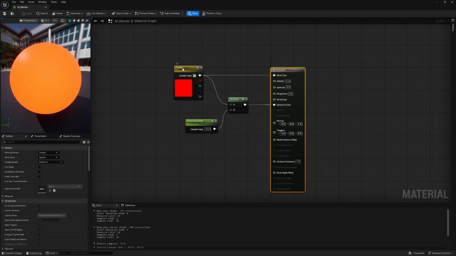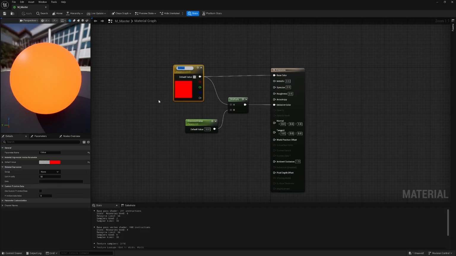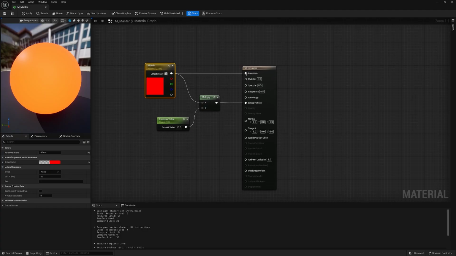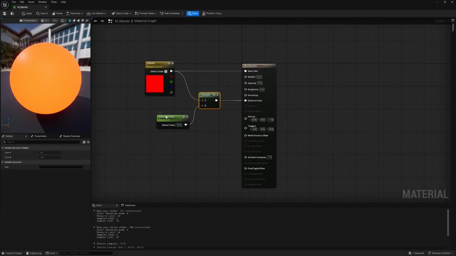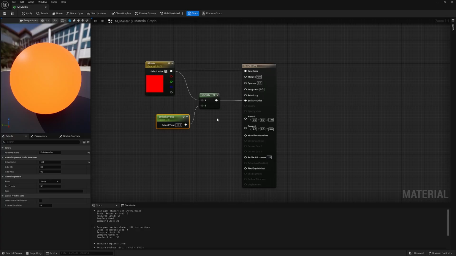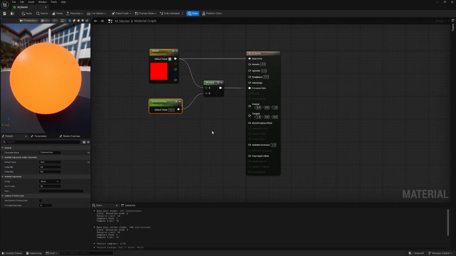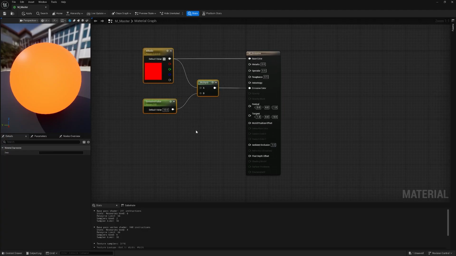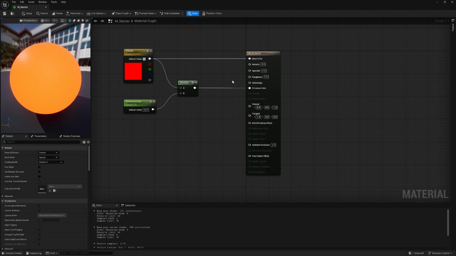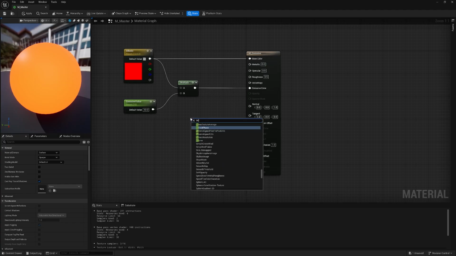And the way that I've been handling the emissive is we've got the albedo, and we're using that directly for the base colour, and then we're multiplying it by a scalar parameter, which is emissive value, and using that for the emissive colour, so that we're using the albedo and we have a scalar that we can control. So we'll leave that as it is for now, and we're going to use a scalar parameter